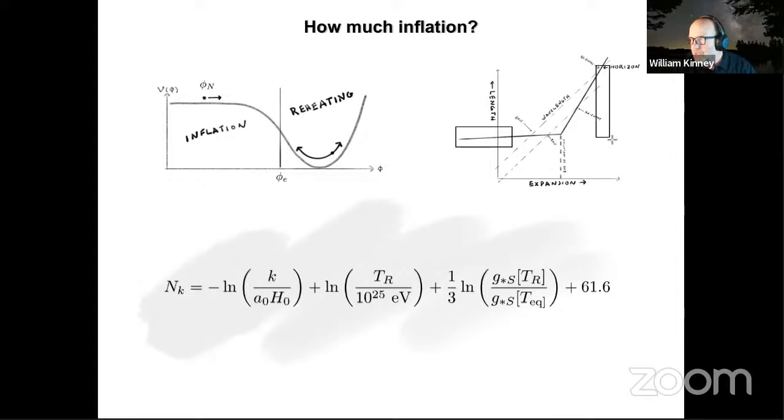So modes that are our horizon size or shorter are all in this region of the plot, which means they all exited the horizon in this last 60 e-folds of inflation. So everything that we have observational access to is in this little box at the end. Everything over here is still super horizon size in our universe, and is in principle unobservable. Okay, so we can only see that last tiny little 60 e-folds of inflation.